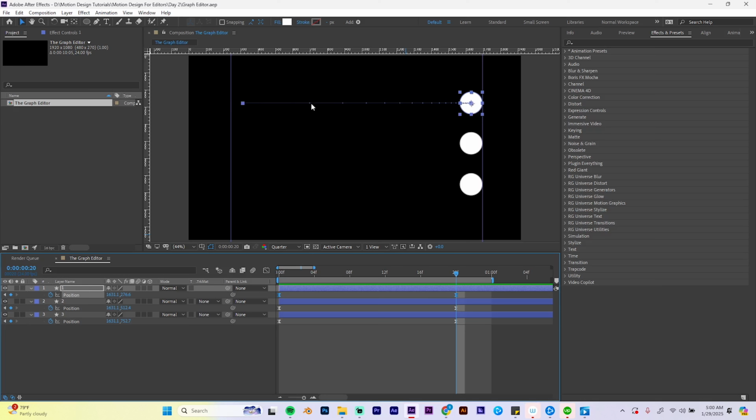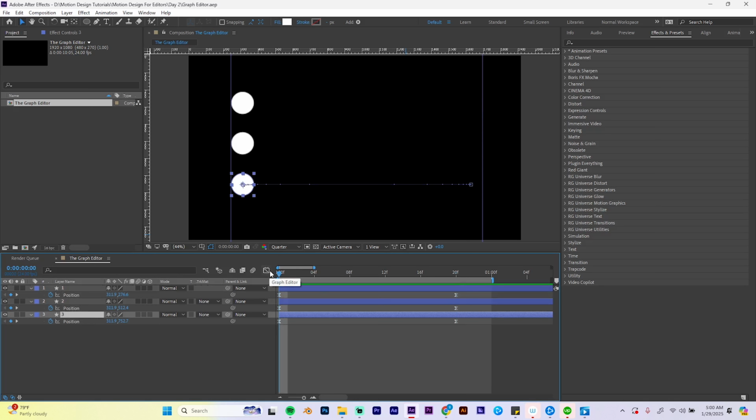But the spacing is different from this one, and the spacing of this one is different from this one. So now we have everything on 20 frames, and you see that the spacing is different. Now, let me switch all of this off using this eye icon. Let me switch these two down and let's work with only this one. Now, what I'm going to do is